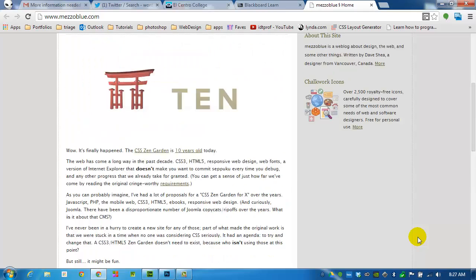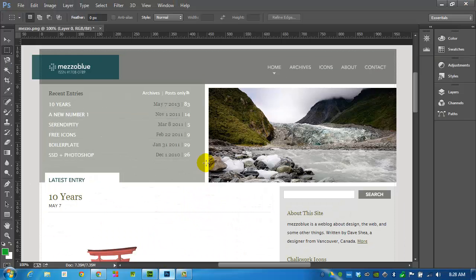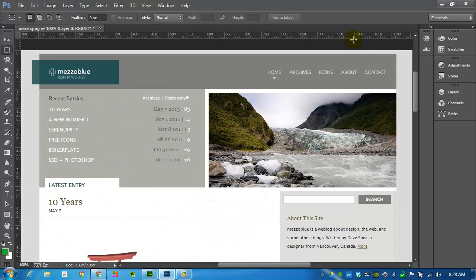So first, let's measure this site. Rather than using the pixels that we've been using before, I have made a PNG image of this website using a tool that I've told you about earlier, the screen capture add-on to Chrome. I have already loaded it onto Photoshop. This is a PNG image of the website that was captured. It's at 100% and my measurements are in pixels, and I'll be using a couple of basic tools in Photoshop to get the measurements. First, let me zoom in a little bit to the top left corner,